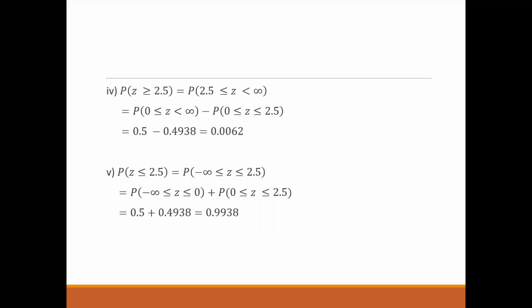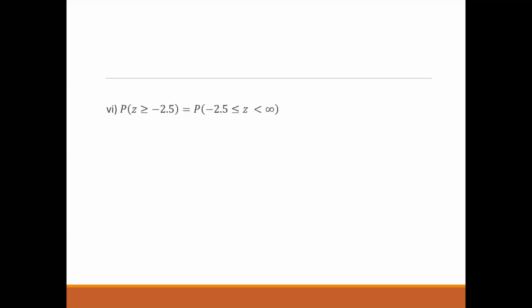Let us take one more. If I say, instead of the positive value, now here we had just given less than or equal to 2.5. Now, if I say a negative value, that means the point itself lies in the negative part, from 0 to minus infinity. That is, if I say minus 2.5. Now, this minus 2.5 indicates that my point is lying in the negative area from 0 to minus infinity,